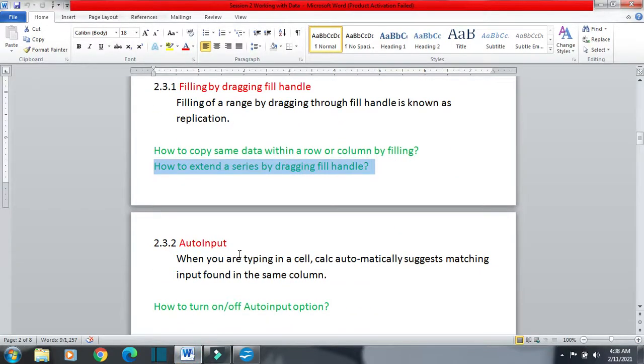Next is auto input, 2.3.2. Auto input. When you are typing in a cell, Calc automatically suggests some matching input from the same column.